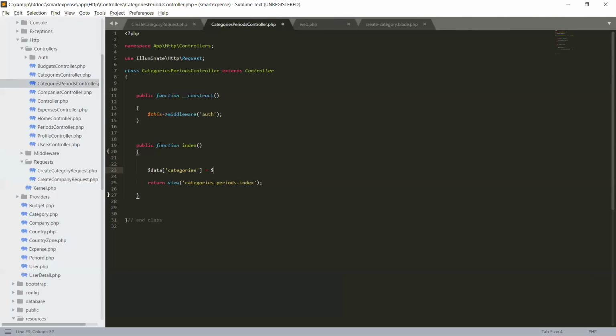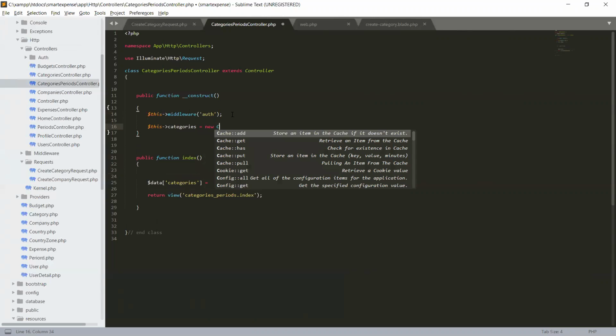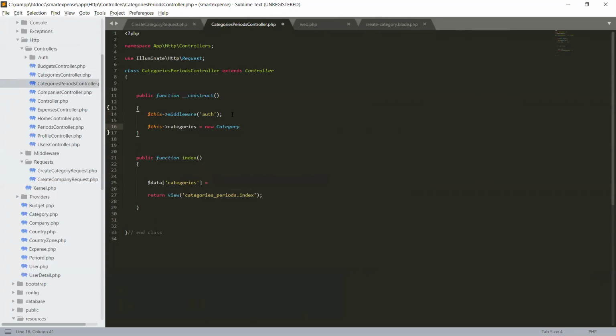Before using this, I will instantiate the category model in our constructor, as we did in our company's controller, so categories will be a new instance of this category model. Save it.